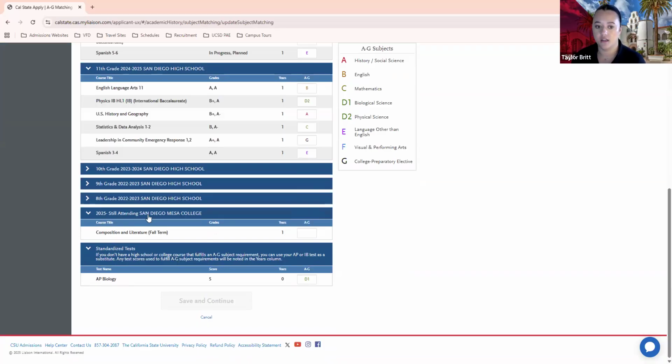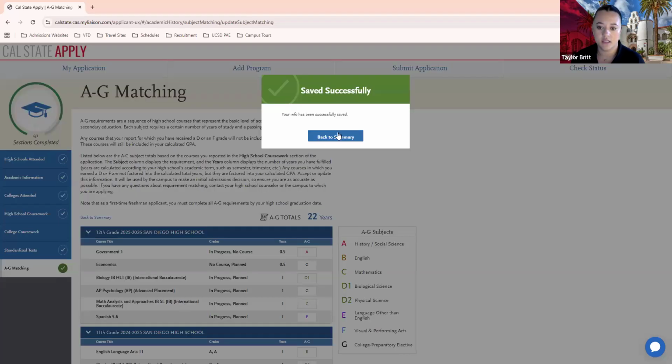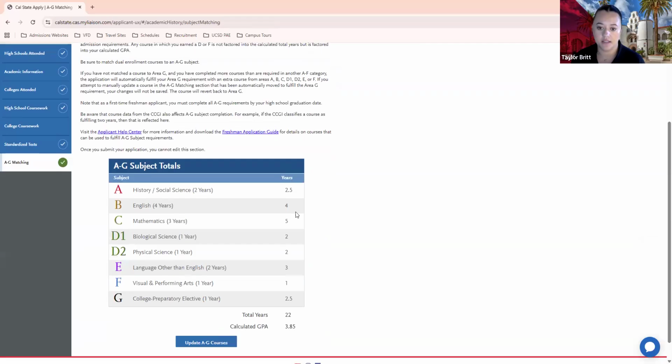But when I look at San Diego Mesa College, which is where I'm taking my community college class right now, you can see that it is not automatically assigned. So for my composition and literature class, I know from my counselor that this is going to satisfy my 4th year of English. So I'm going to put B for English. All of the A through G subjects and their corresponding letter are listed here. Once I save and continue, it'll take me back to the summary, and now I have 4 years of